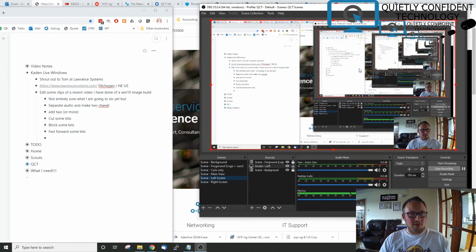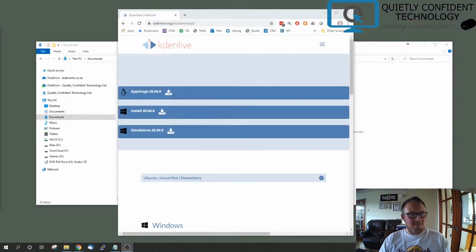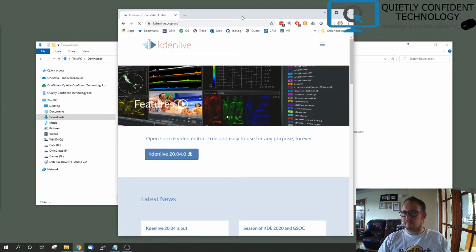So this is one of my screens. Just to show you, I'm recording this using OBS, but this is the main thing that we want to be able to see. So the Kdenlive website, kdenlive.org, and then /en/download is the download page. But it's fairly easy to get to. Click on that big button there,